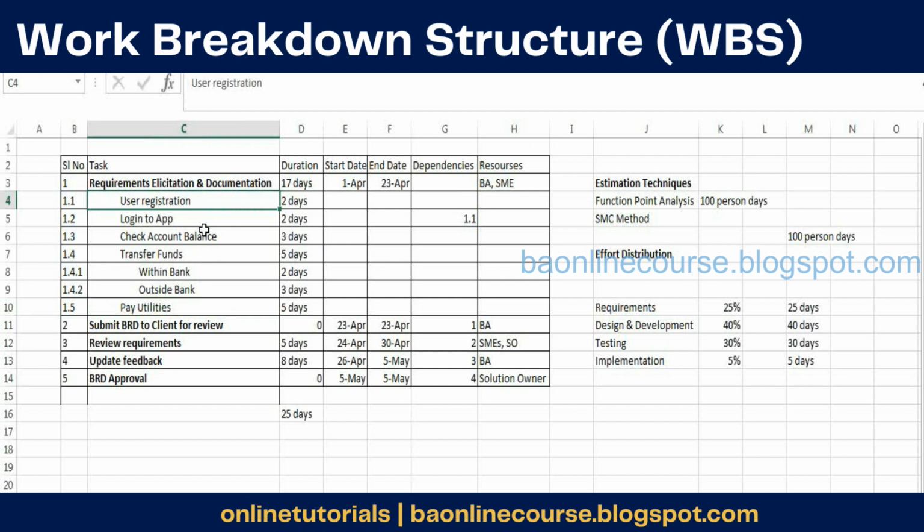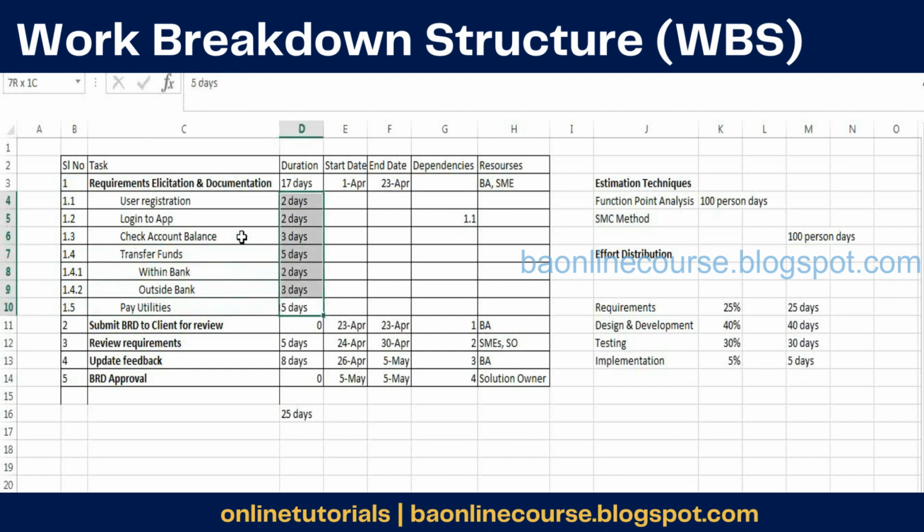So you'd say, user registration would involve like one screen, and primarily you will enter these details, and then you can capture the requirements in 2 days. Similarly, for login to the application, I can do it in 2 days. For checking account balance functionality, I might need 3 days. So you're looking at each feature and then figuring out how much time you would take to understand and document the requirements, right?